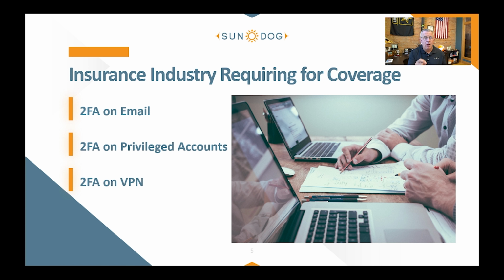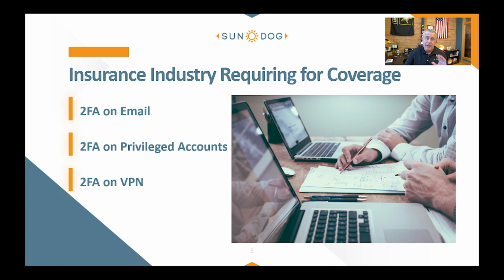And insurance companies are also asking about enabling 2FA on VPNs. If you're a Sundog customer, you already have the technology in place where this is another free service. We would just have to set it up. So just reach out to your account manager again via email or phone, and we can get a ticket started and make sure you've got 2FA enabled on your VPN account. But on those privileged accounts, we need to get Sundog 2FA on those to make sure you're secure